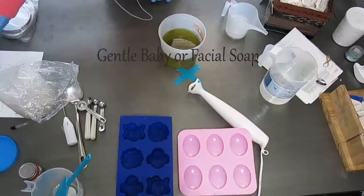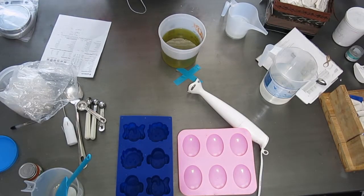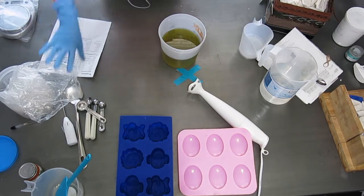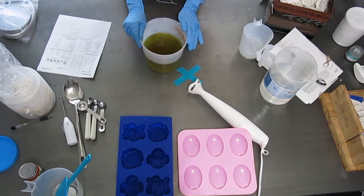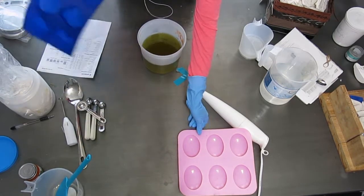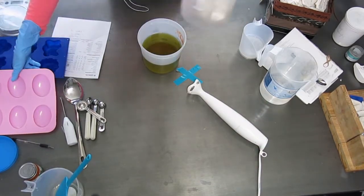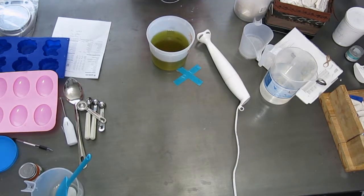This is Glenda, and today I will be making a baby soap. In a way, for me, it's kind of a boring soap because it doesn't have a lot of colorants or fragrance. What I have here is the recipe from Soap Queen, one of her baby recipes, and